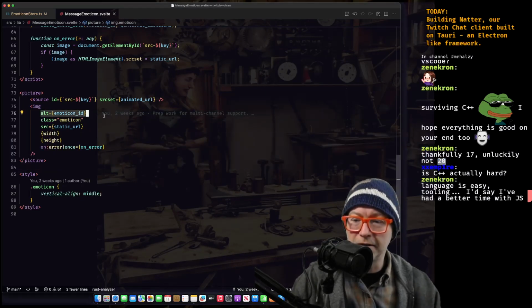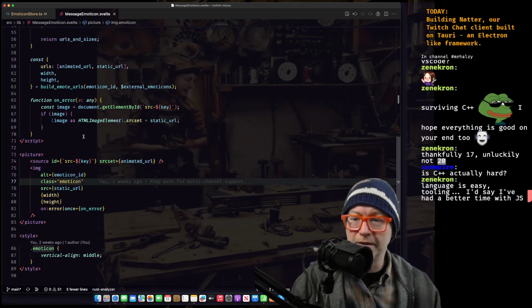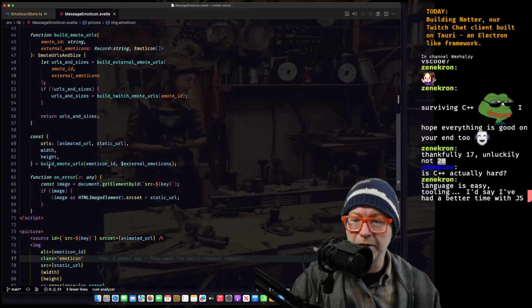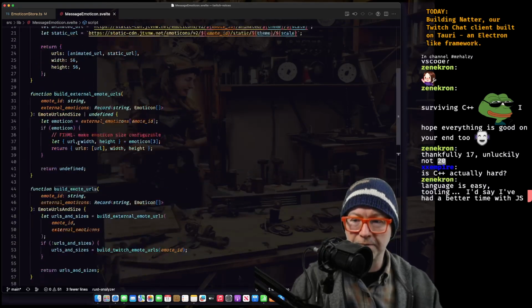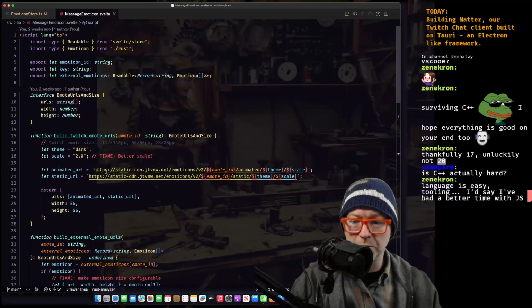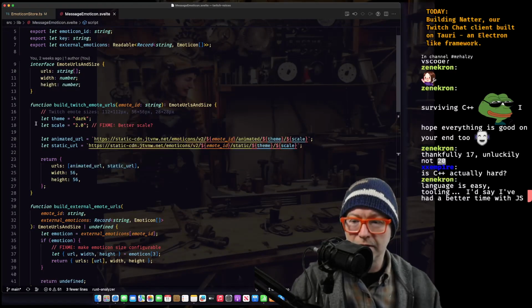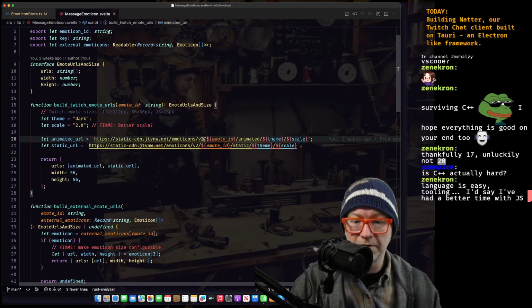Okay, so we have the alt text, we have the class. Let's see if we can just get some of this information back. So here, trying to say build emote URLs, right? And some of this has been moved into Rust. Okay, so like this Twitch stuff here.